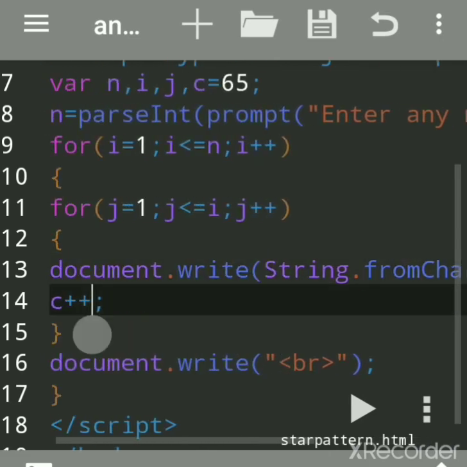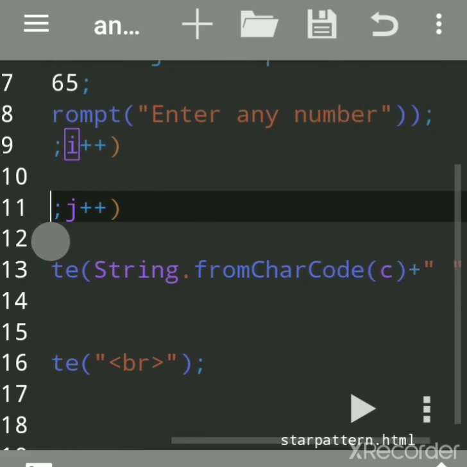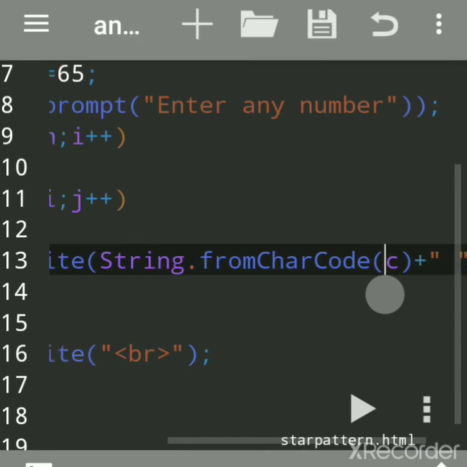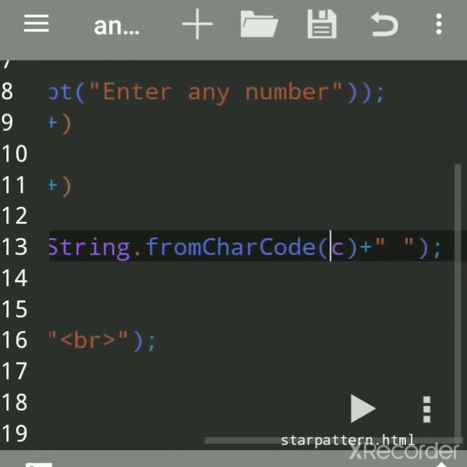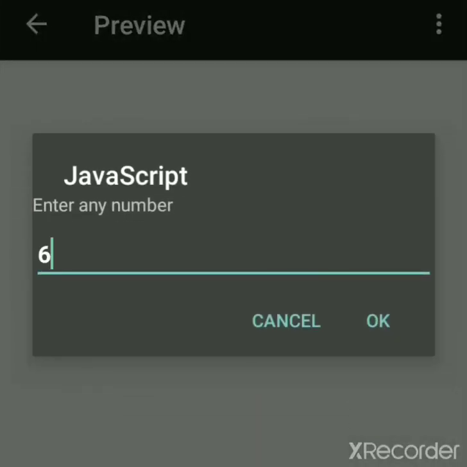Then it will become 69. J will increment, 2 is less than or equal to 3, yes. Then it will print E, because at 69 it is E: 65, 66, 67, 68, 69. So this way it will go on printing.